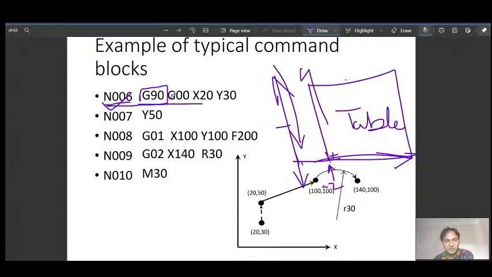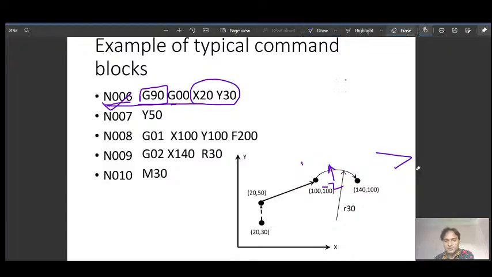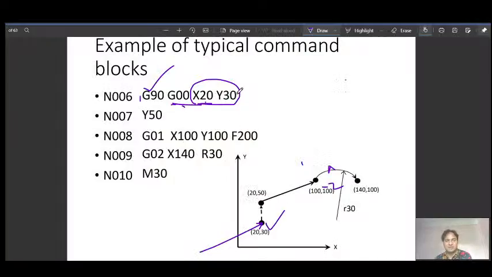Once we write this program: G90, G00, x20, y30. The G00 command tells the machine to take the absolute coordinate system G90 and move rapidly and position the tool at x20 and y30. So here the tool is moving and positioned. After executing this command, the tool is at this position.